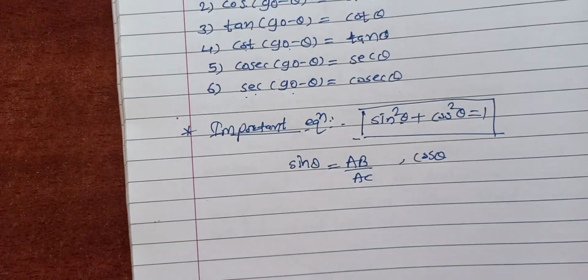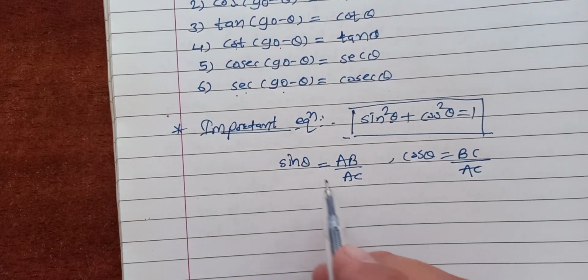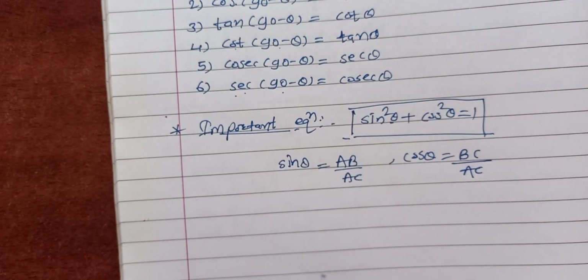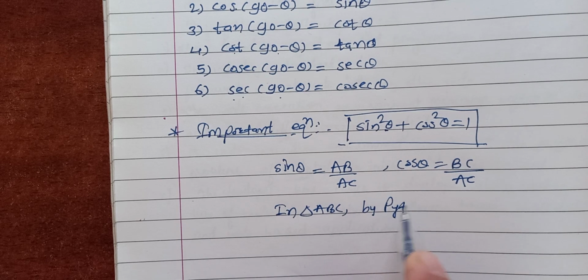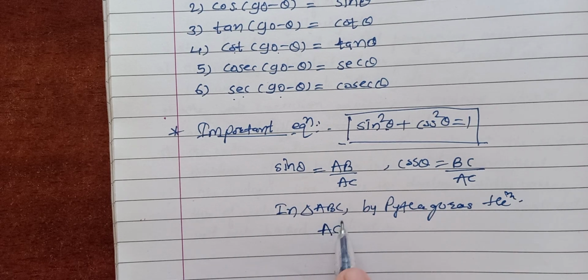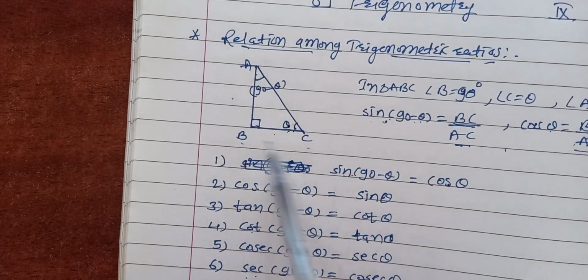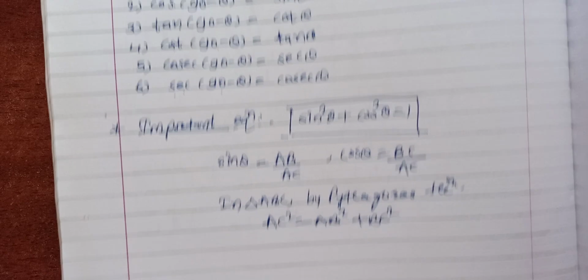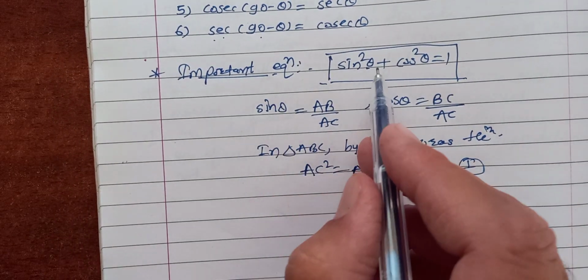See, cos theta is equal to BC upon AC. If we take the square of this one, and we know this is a right angle triangle. So in triangle ABC, if we apply Pythagoras theorem, AC square is equal to AB square plus BC square. See, AC square is equal to AB square plus BC square. This is by Pythagoras theorem. Because we have to use this one. Suppose this is equation first. Now, if we put this value,